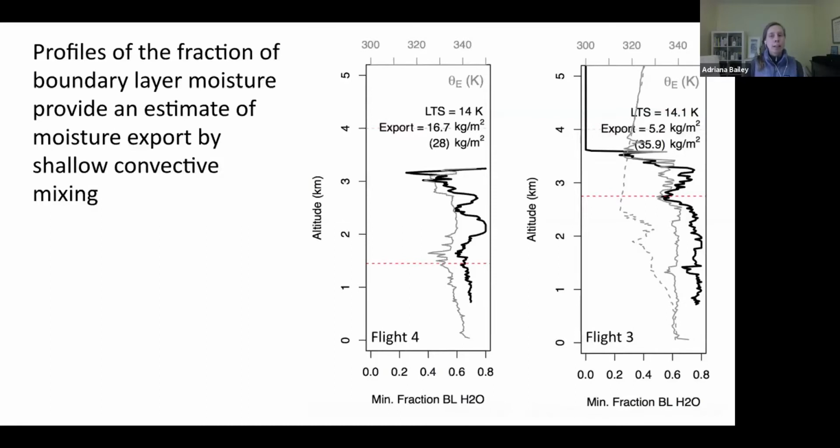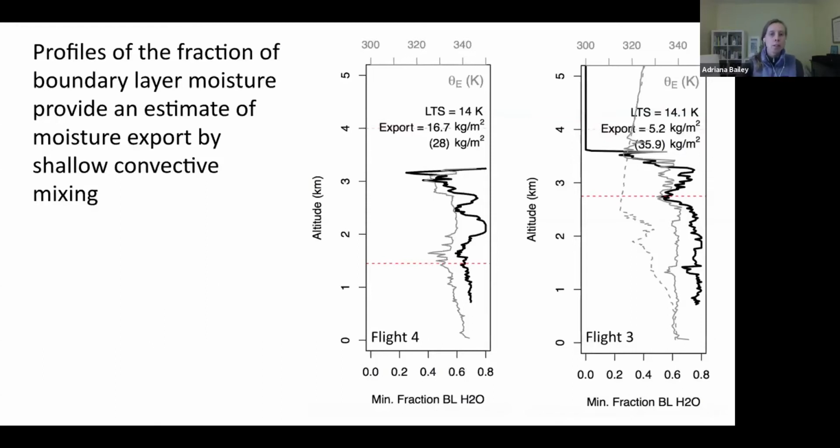And so you can see that by the 2 gray lines in the panel on the right. One is from the drop zones that we dropped from the P3, and the other is from the P3 temperature, the in situ temperature readings. And what you'll notice is there is a slight discrepancy between them. So that is one thing to keep in mind and a potential uncertainty in this analysis.